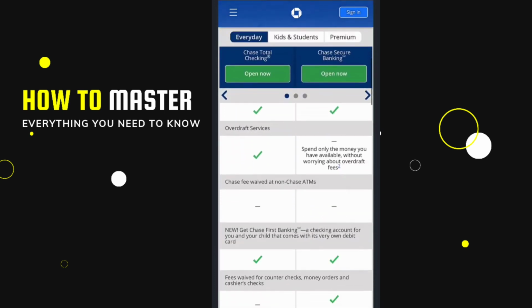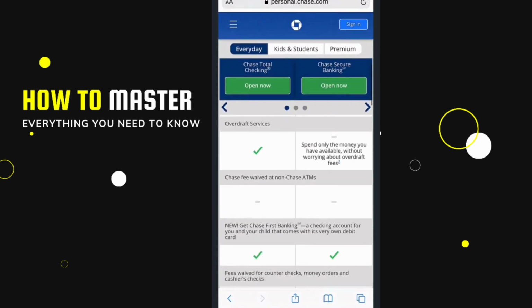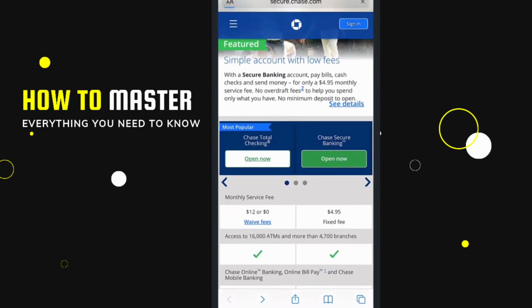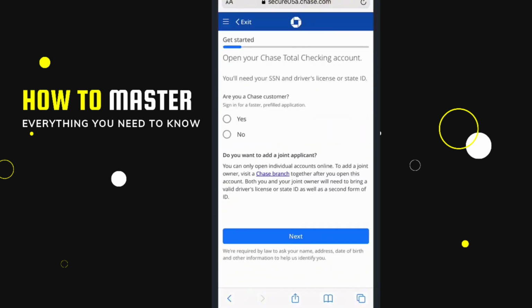So scroll down and choose your account type, and then click on Open Now. It will ask you whether you are a Chase customer or not. So click No here